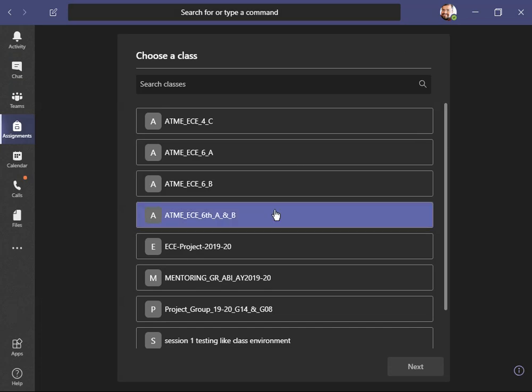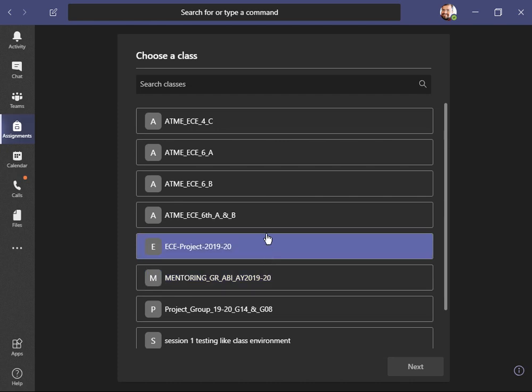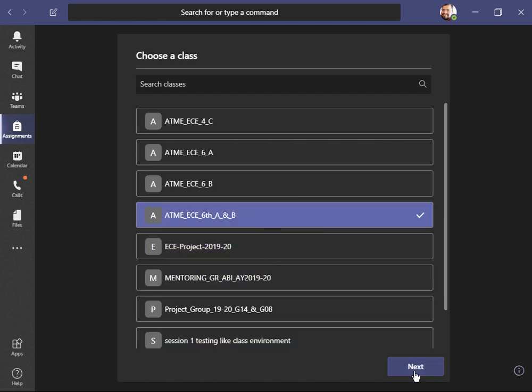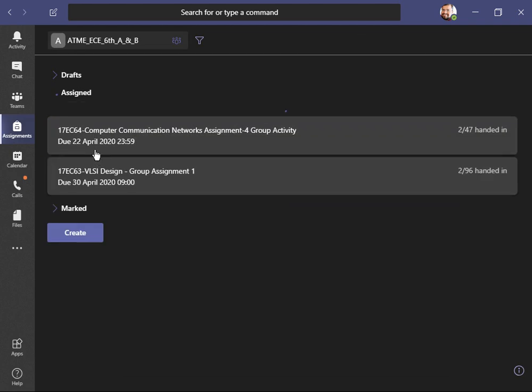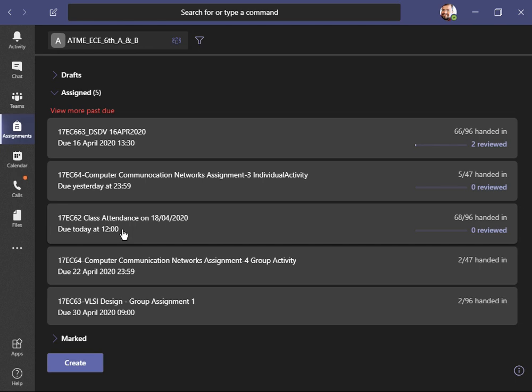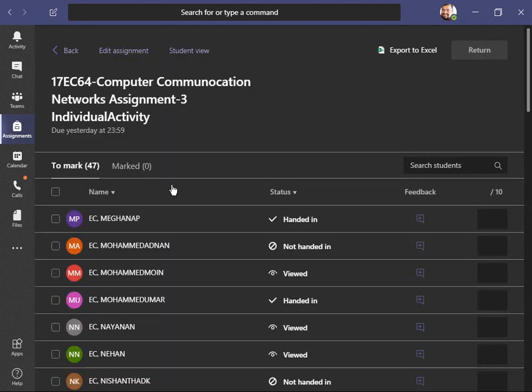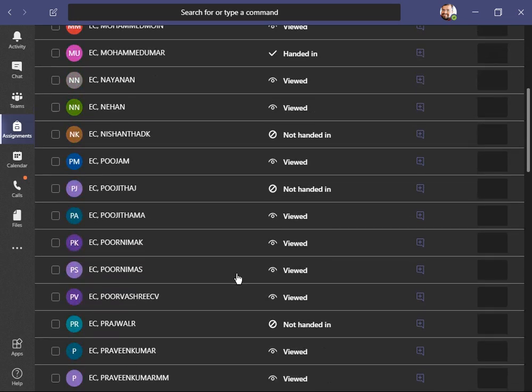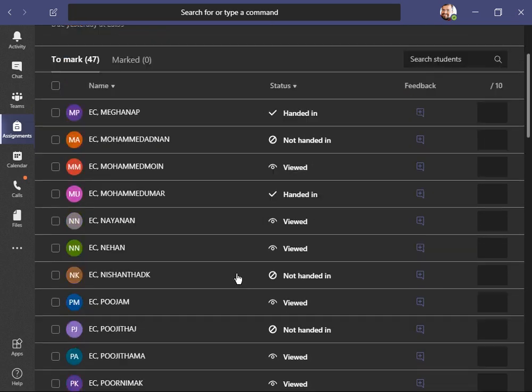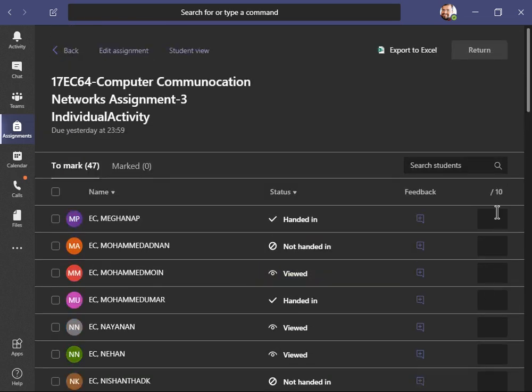I'm just going to take sample assignments from somewhere. Let me take one of the assignments from here to show you what has been done. This is an assignment that was due yesterday, and in there you can see how many people have actually handed the assignments in. Now the faculty will get permissions to give marks for the assignment. So out of 10, this person has marked the assignment for 10 marks. Out of 10, how many marks for the handed-in assignments, you can give it here.